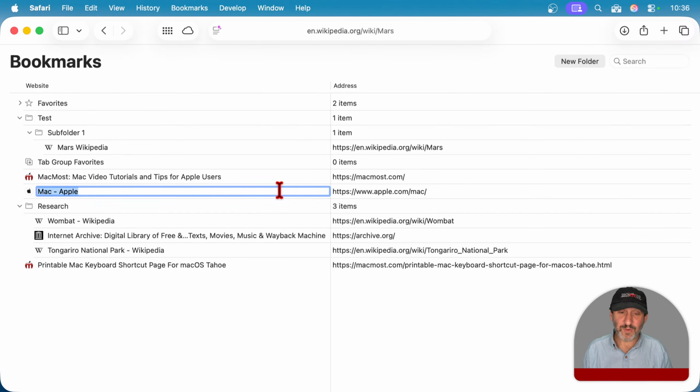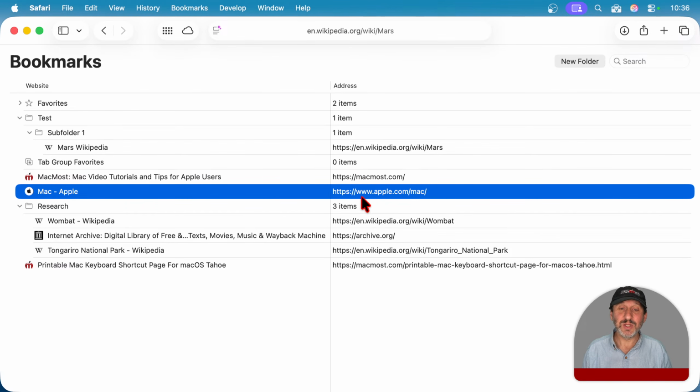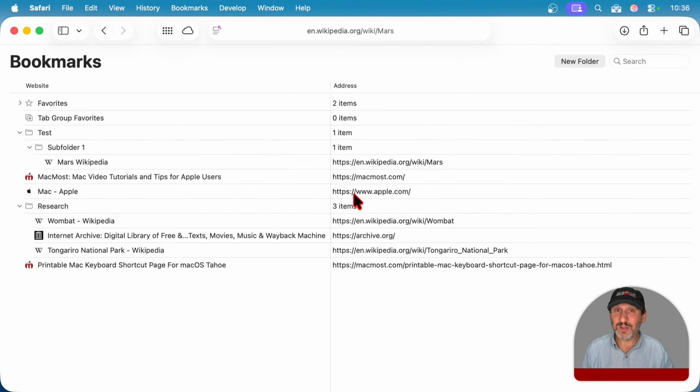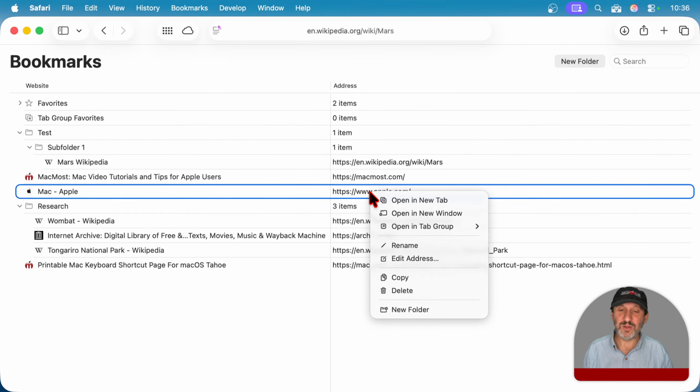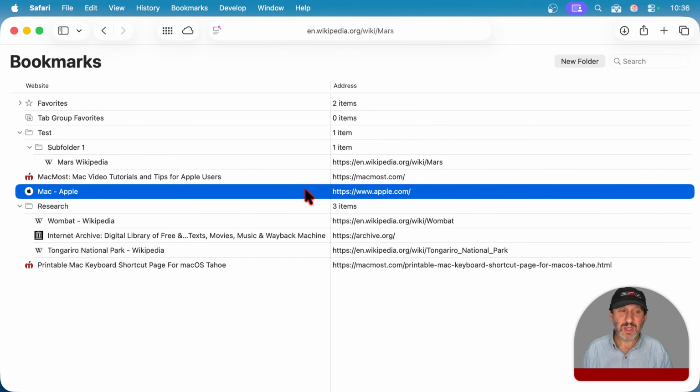The address here for bookmarks can also be changed. So I can click here and change this and edit it, remove parts of it, and all that. So I can edit the URL to be anything I want. There's nothing tying the name to the URL. I can make that go to a completely different website, even though it says Mac Apple here, if I wanted to. And you can also control click, right click, or two finger click for the context menu and select edit address. So this list here, bookmarks, allows you to just really go to town in terms of managing your bookmarks,